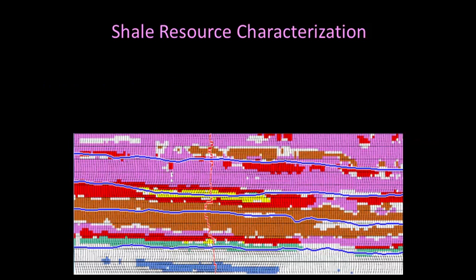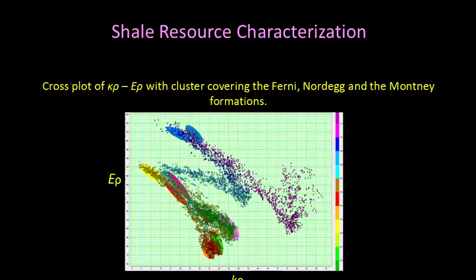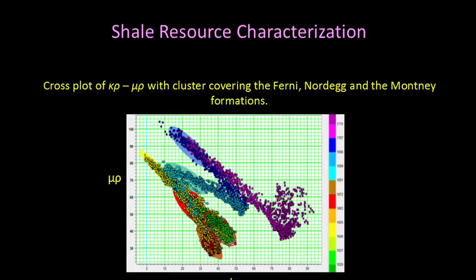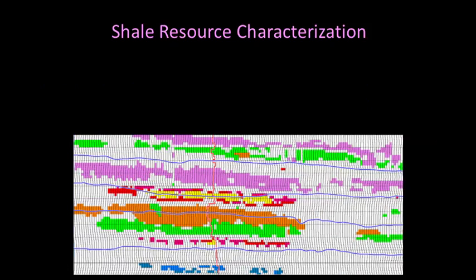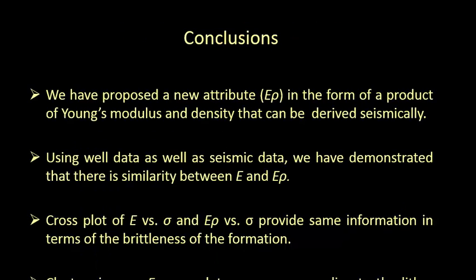How? This is the back projection picked up on this one, because the points are overlapping. You cannot do a good job in picking separate polygons for individual points, and this one opens out much better, and so from here we go here. You are able to pick up narrow zones in your zone of interest with this rather than with the mu-rho. And that is something I started off by saying, yes, it gives me finer variation on the log curves. So this is a useful attribute.